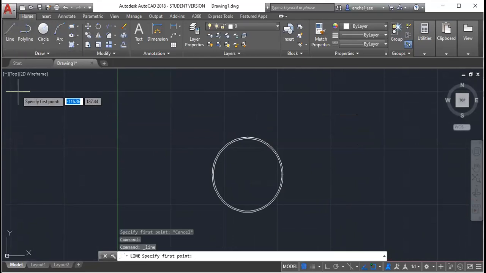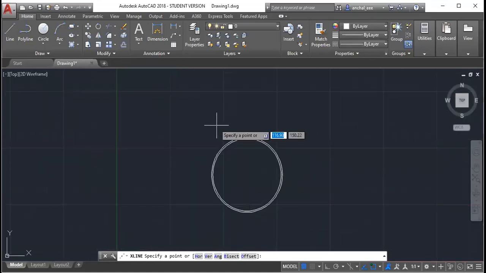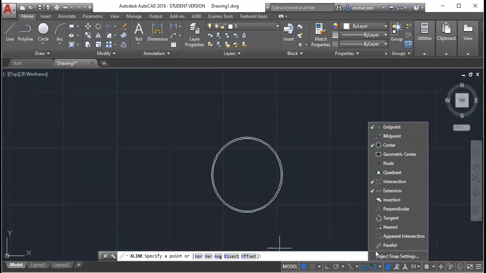So before drawing the circles, we will draw the construction line first. I don't know why my object snap has stopped working suddenly. Enter is on, everything is on.